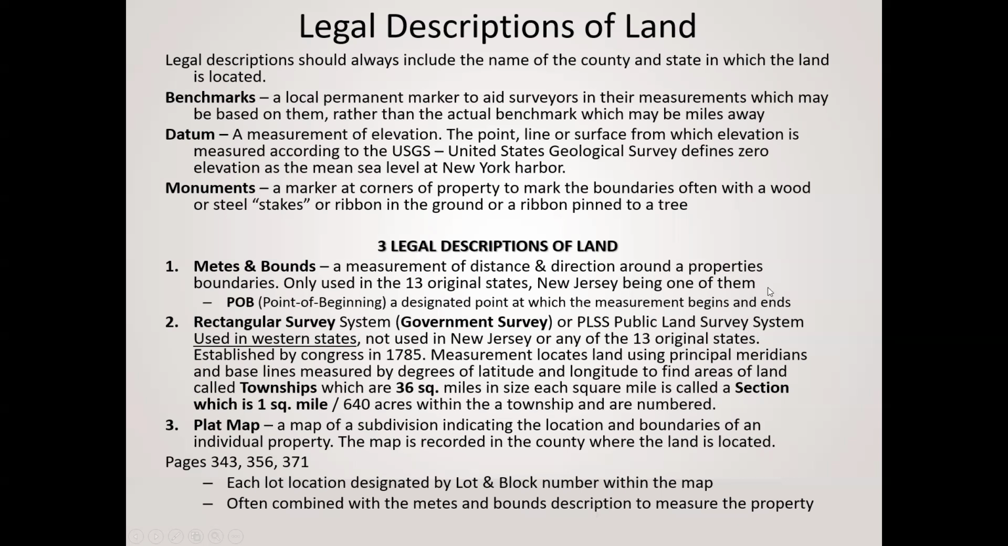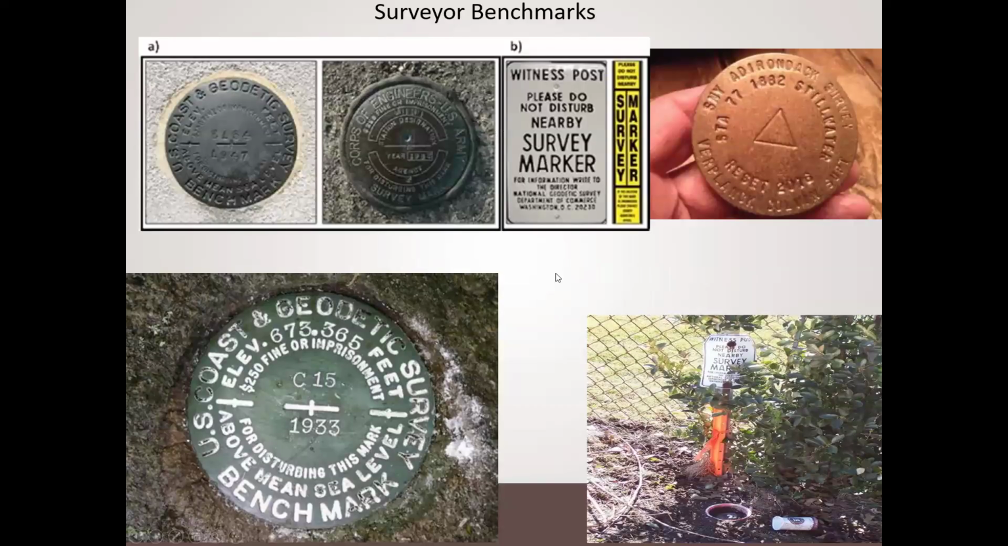Now, there's three legal descriptions of land. We have the metes and bounds, the rectangular or government survey, and a plat map. So we're going to learn about the differences of each one. So far, we just spoke about the markers, though. Okay, so with the markers, these are those surveyor benchmarks. Actually on this slide right here,